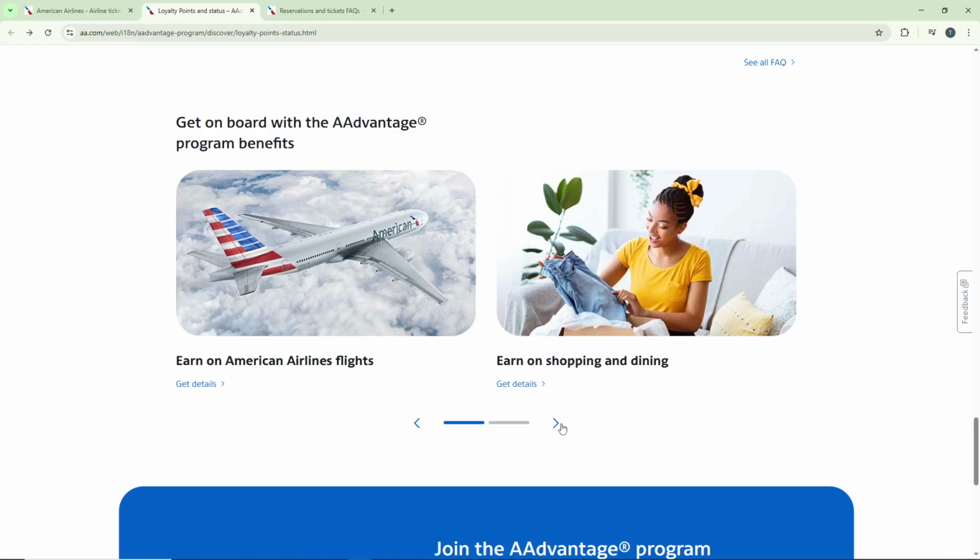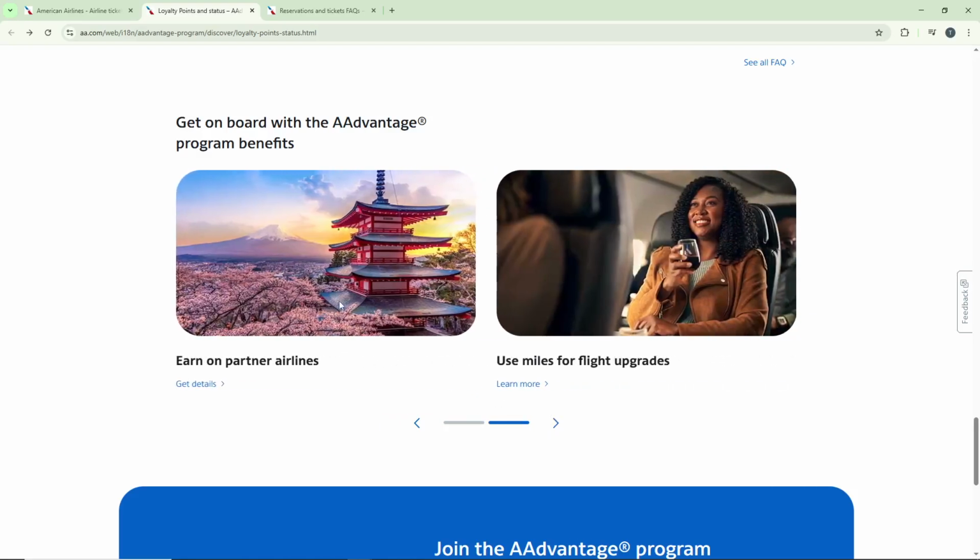The third method is to earn on partner airlines. American Airlines is part of the Oneworld Alliance and has partnerships with numerous other airlines around the world. When you fly on these partner airlines and provide your AAdvantage number, you'll still earn points toward your American Airlines account. This flexibility means you can earn points on a much wider range of flights, not just those operated by